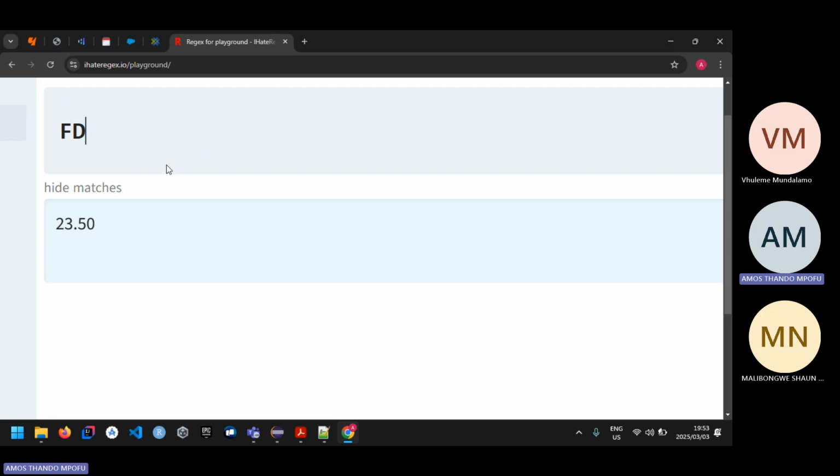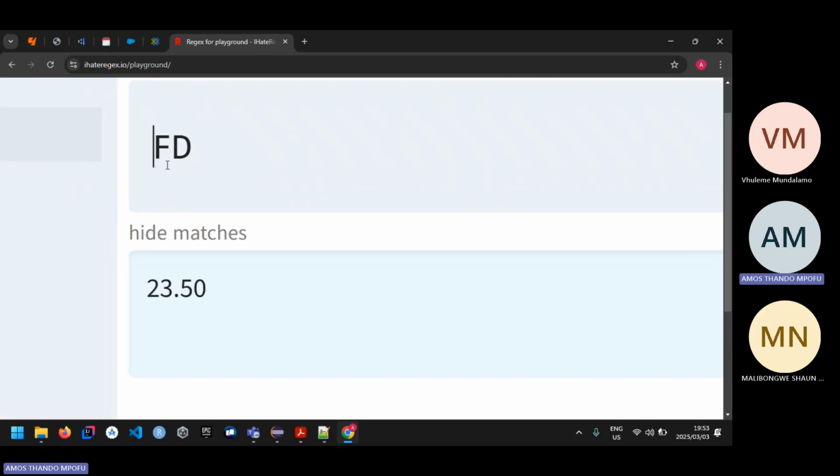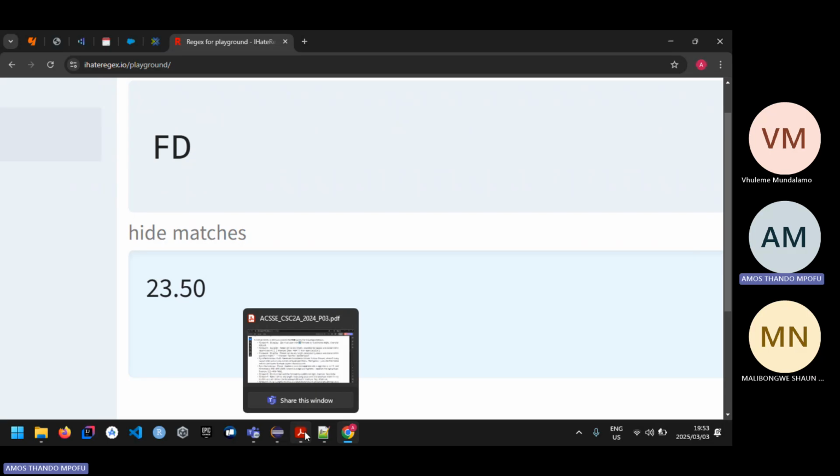It starts with exactly FD. And remember what I talked about. If you put it inside square brackets like this, it means one of these, which would be incorrect. So I'll leave it like this because I want exactly these two things, not one of them. I want two of them, followed by